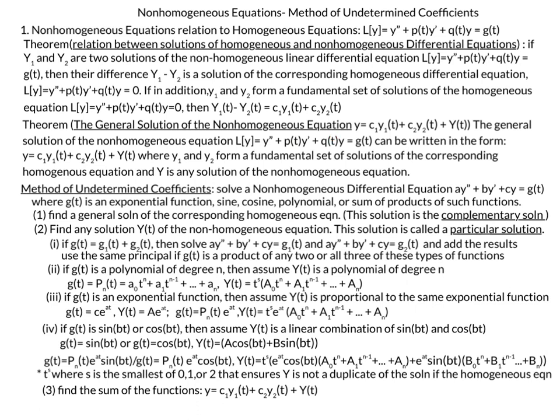So the general solution of this can be written in the form y equals c1 little y1 of t plus c2 little y2 of t plus capital Y of t, where y1 and y2 form a fundamental set of the corresponding homogeneous equation, and capital Y is any solution of the non-homogeneous equation. As I mentioned in the previous video, we found out how to find this fundamental set of homogeneous equations. So what we needed to do in this video was figure out how to find the solution of a non-homogeneous equation. And that's where the method of